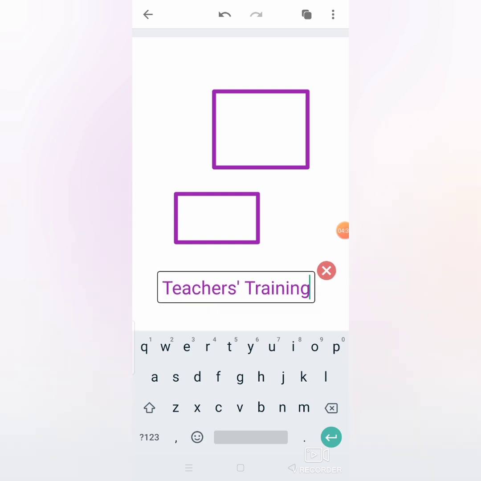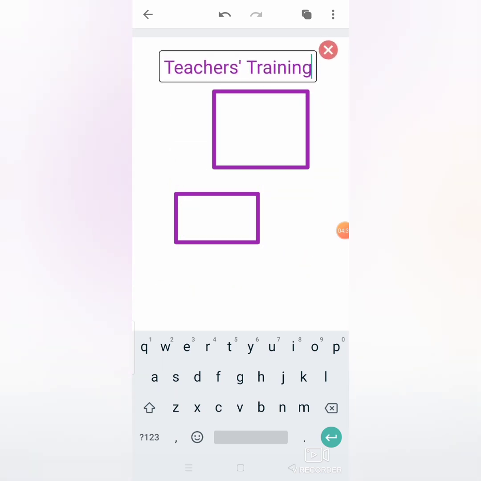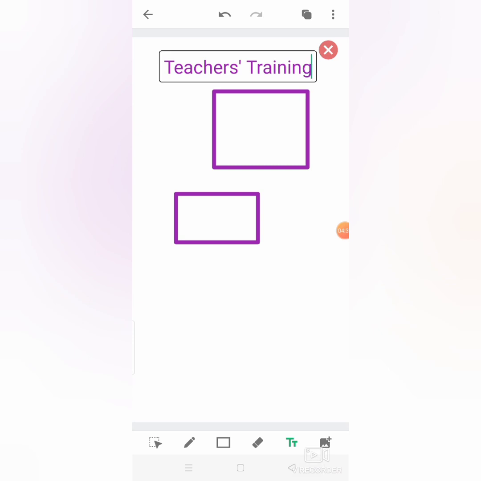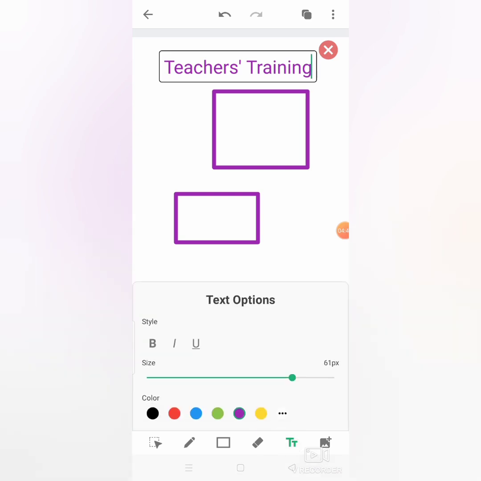And if you want to move it anywhere on the screen, you can move it. If you want to increase or decrease the size of the text, hold that double T option for 2 seconds, it will give options. You can increase or decrease the size of the text. Even if you want to change the color of the text, you can change it.